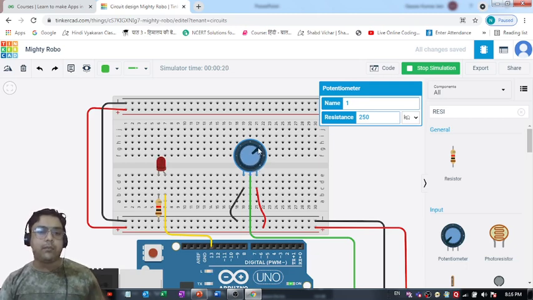Now if I change this potentiometer pointer to this point, see, now the speed has increased. Now if I put it over here, it will glow permanently. And that's how with the help of the potentiometer you can control the LED's state. Fine. So this circuit is working perfectly fine and we are able to get the desired output also.